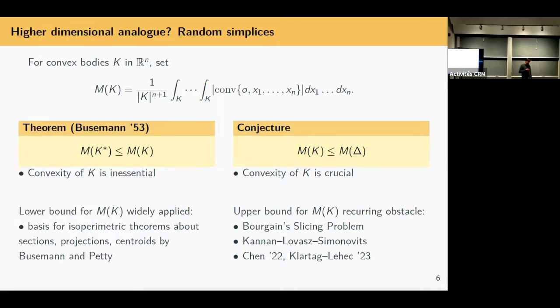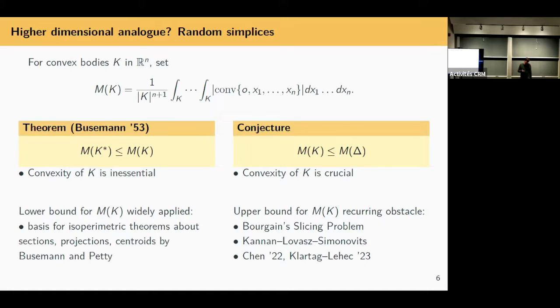So I'm going to call m the same mean value. I'm going to modify it a little bit because it's more impactful for what's coming later. I'm going to take a simplex now, convex hull of n plus 1 points in R^n, and I'm going to insist one of the vertices is the origin, and then the other n are random. Okay, I normalize in a completely analogous way. I use the same notation just to not have extra symbols. And now this quantity is similarly affine invariant, has maximizers.